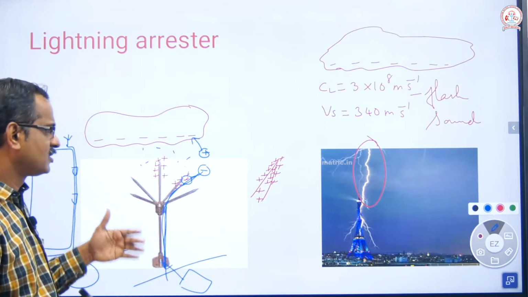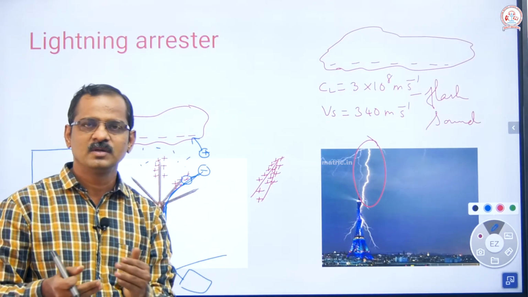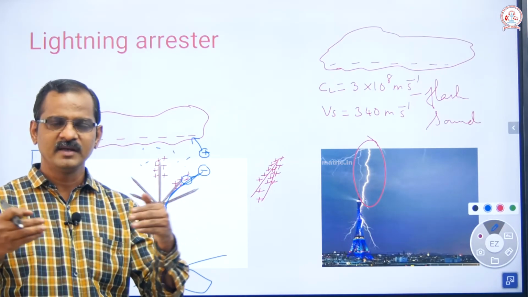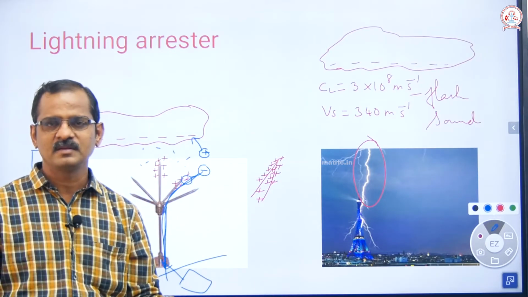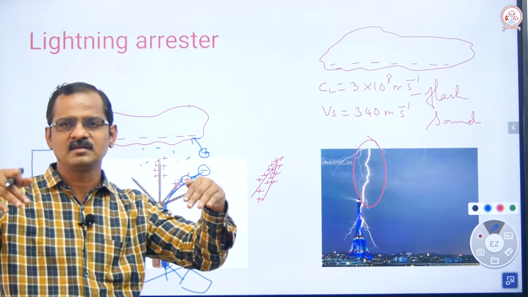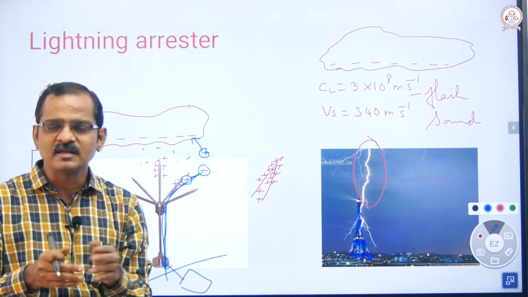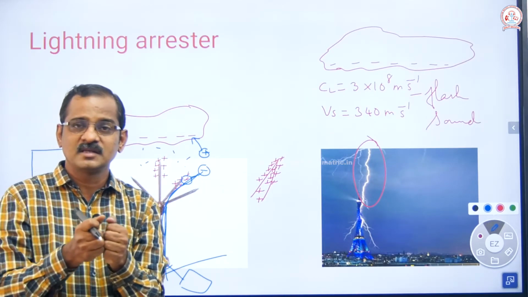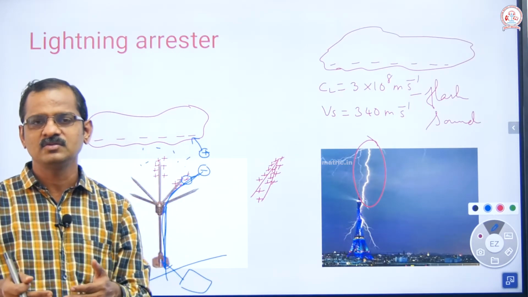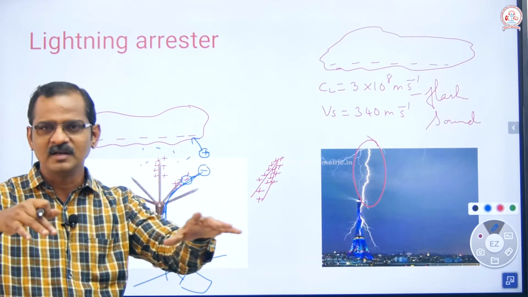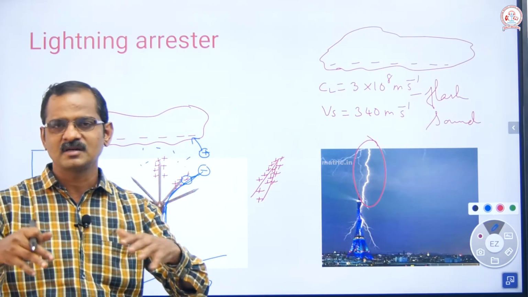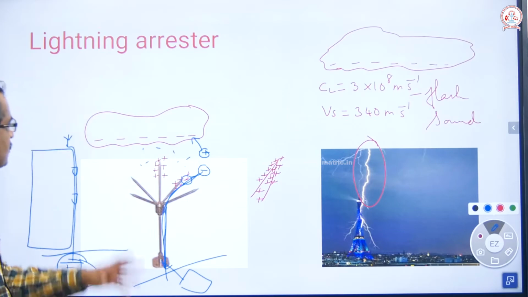We have also come across the topic of Faraday's cage, isn't it? If you are inside a metallic sphere, a bus or car made of metal, when lightning strikes the vehicle, nothing will happen to you because you are inside, just like a Faraday's cage. You could have seen in videos that when lightning strikes a plane, the charges are leaked through the wings, the sharp edges of the plane, to the atmosphere. So this is how a lightning arrestor works.